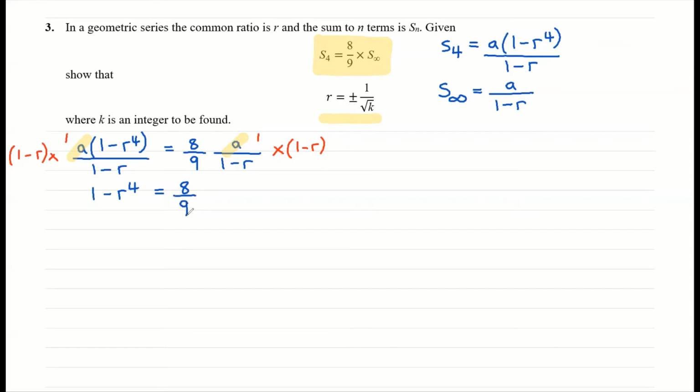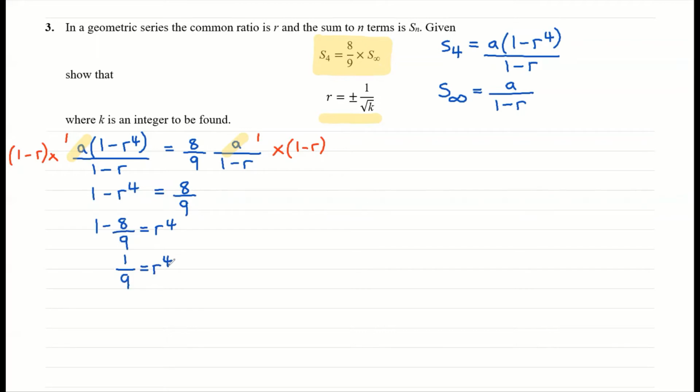Very quickly, we have the same situation as in the previous example. If I add R to the power 4 and subtract 8/9 from both sides, like so, this is going to leave me with R to the power 4 is equal to